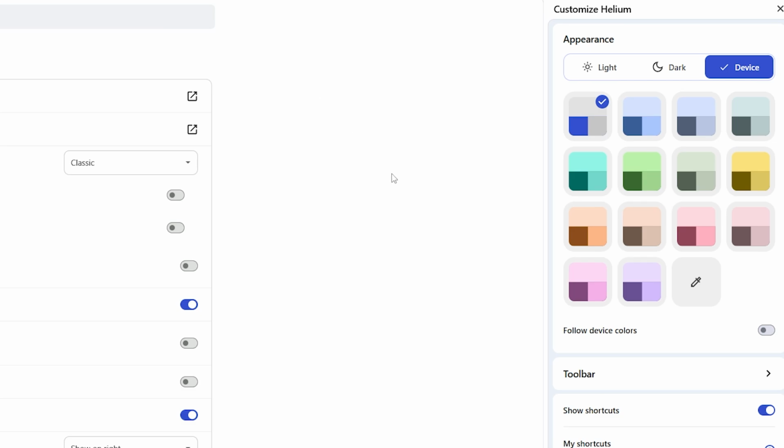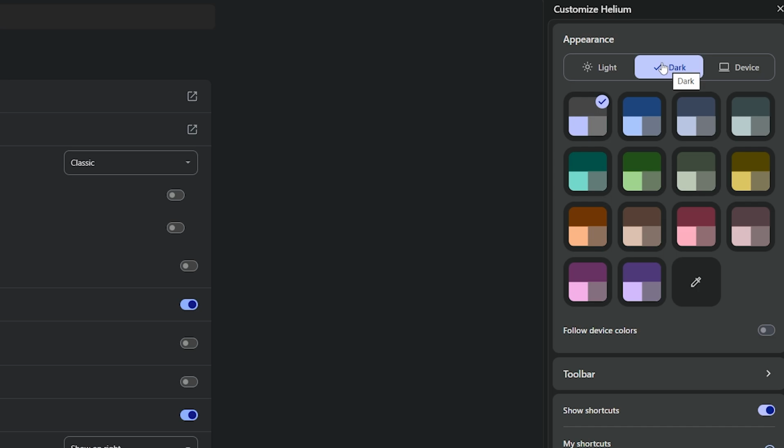Click on the Theme drop-down menu. You will usually see options like Light, Dark, and Device. To enable dark mode, select Dark. As soon as you select it, the browser interface should immediately switch to a darker color scheme. You'll notice the tabs, background, and menus all change to darker tones, which is easier on the eyes, especially in